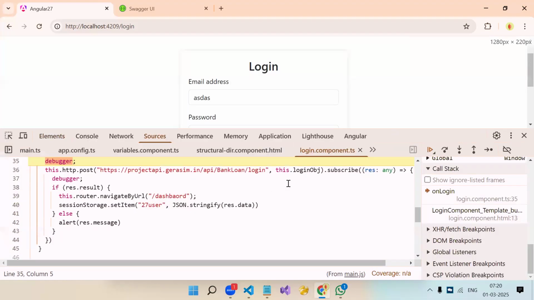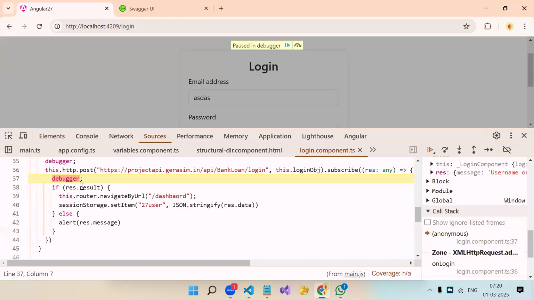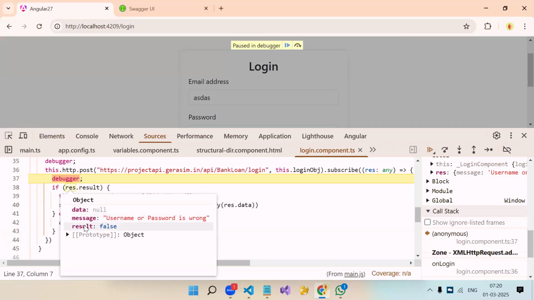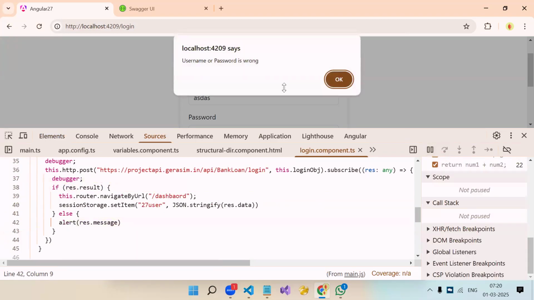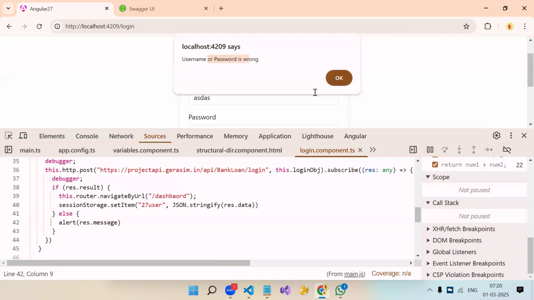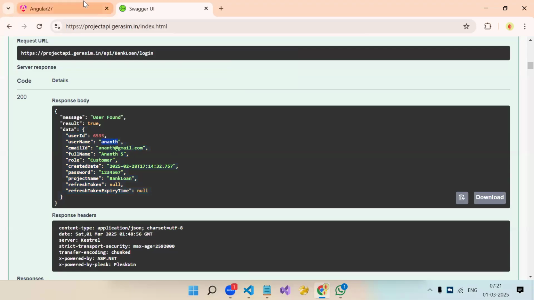Login. We got the object. Continue. So see, in result we got the result property as false because we sent the wrong credential, and in message also we got it. So it will go to the else block and it will showcase the message whatever we get from the API. Now, if we pass the correct credential, that is Anand as username and password is